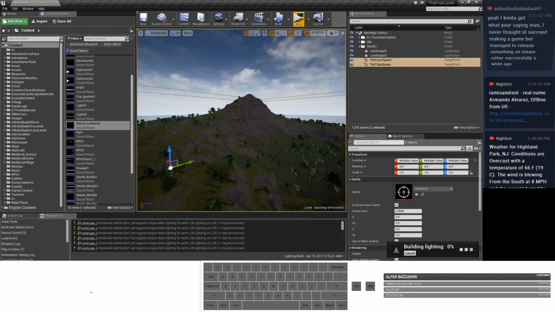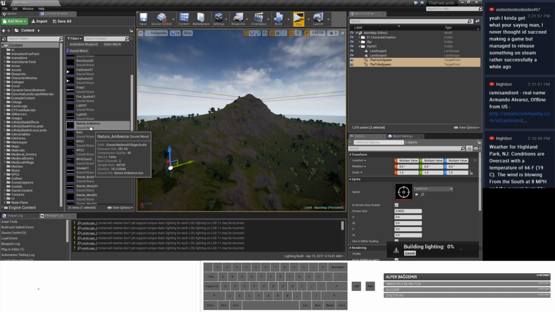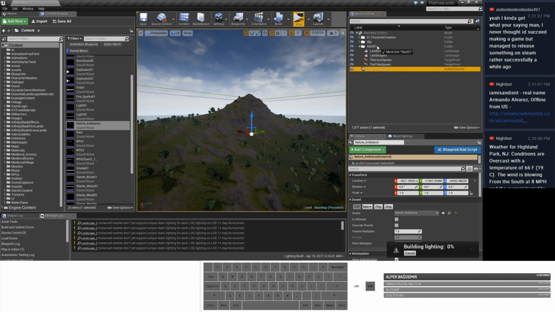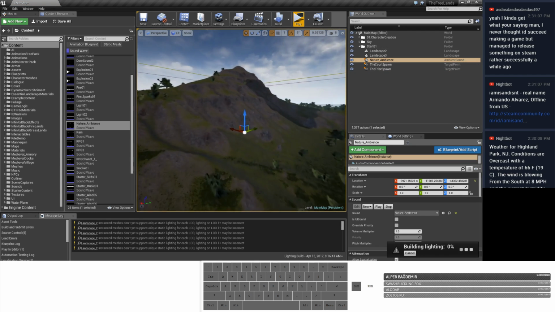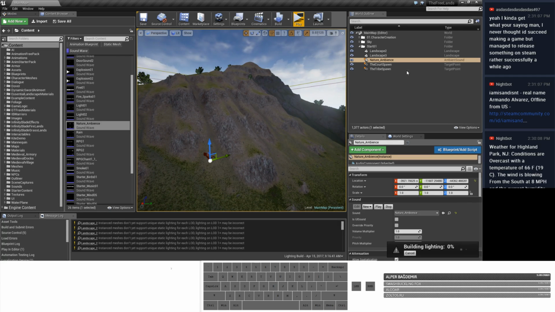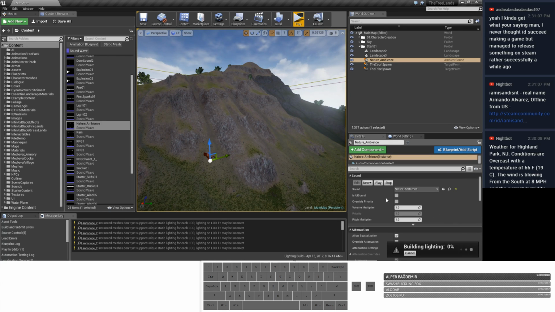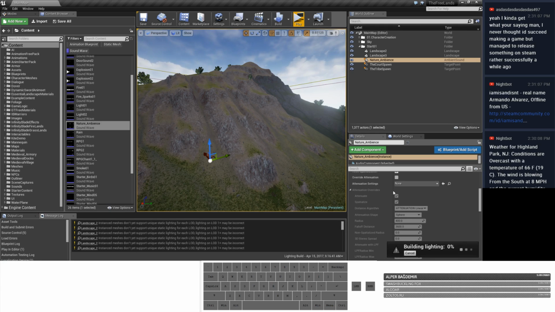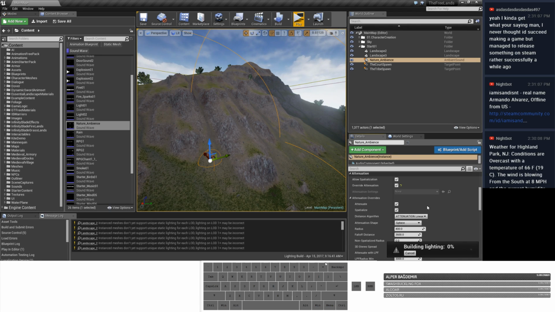Now I can do this. And let's play with it. Override attenuation. There you go.